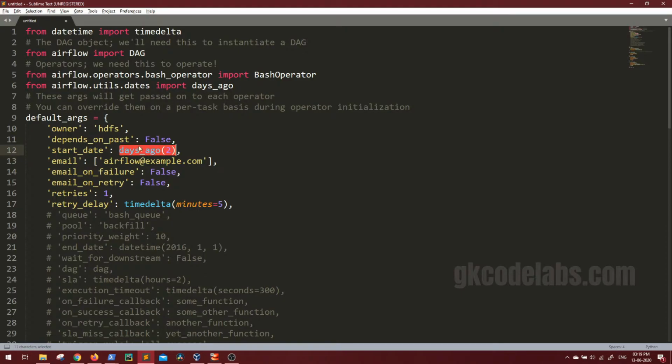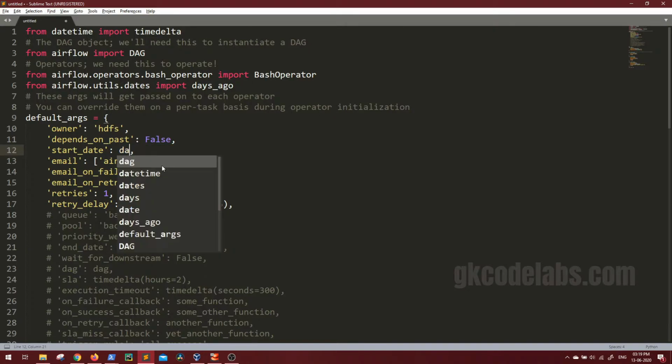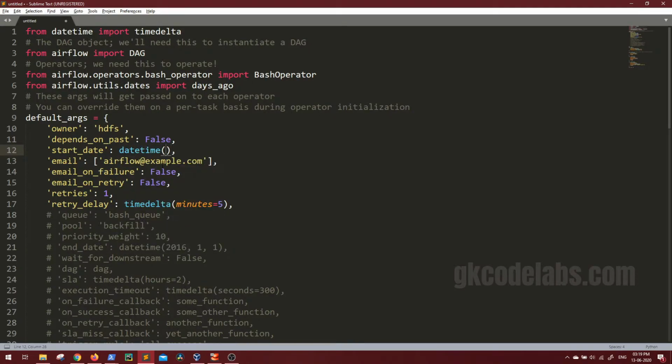So what we will do, this is again the datetime object, as we have already used this in our jobs as well. Similarly, this Python module will be imported and this will be a datetime object. So what I want, in place of days ago, I'll create a datetime and let me mention today is the 13th. Make sure, if you mention the current timestamp and then you try to trigger this job, this will not trigger. The condition here is that the execution time should be after the start date. Start date is the date before which we cannot execute the DAG, for obvious reasons. If we are mentioning the start date, we don't want to execute it before that, right?